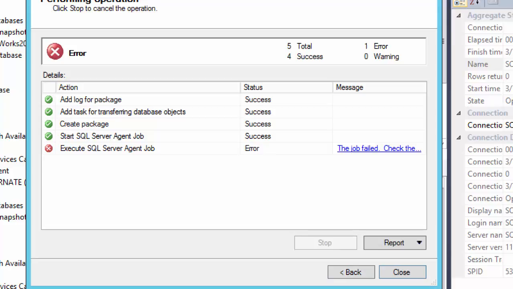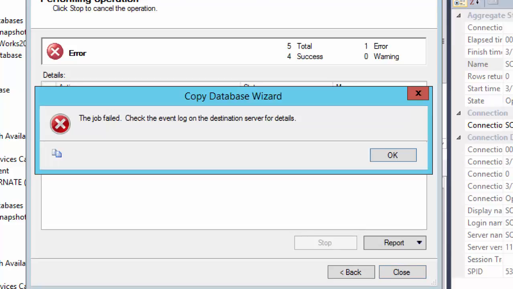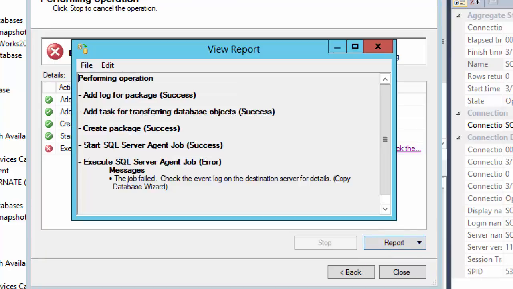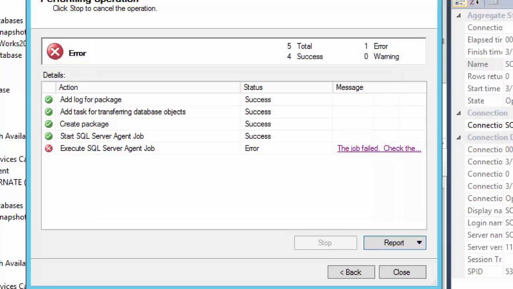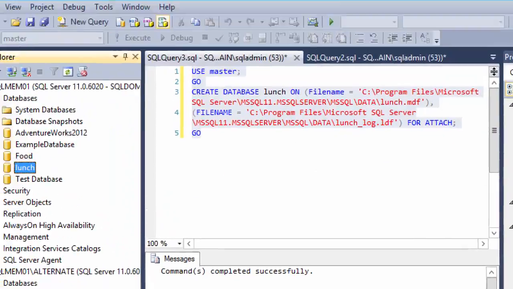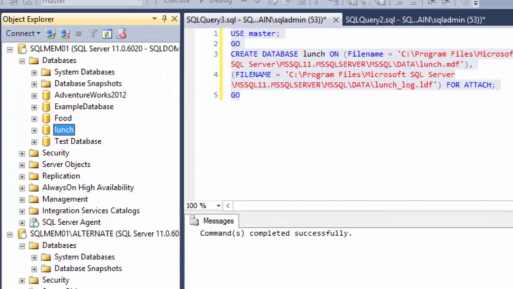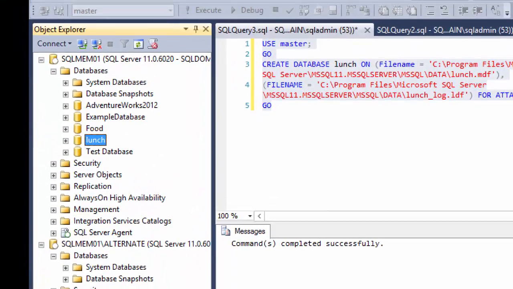As usual, what's going on? The job failed, so check the event log. But it created a package, start SQL Server job, so we can just further troubleshoot, view report, add log for packages, success. The job will check the event log. Okay, that's exactly what it's letting us do. But I just wanted to check what the requirements are for copying a database from one place to another. But if I want to copy it from one instance to another, this should